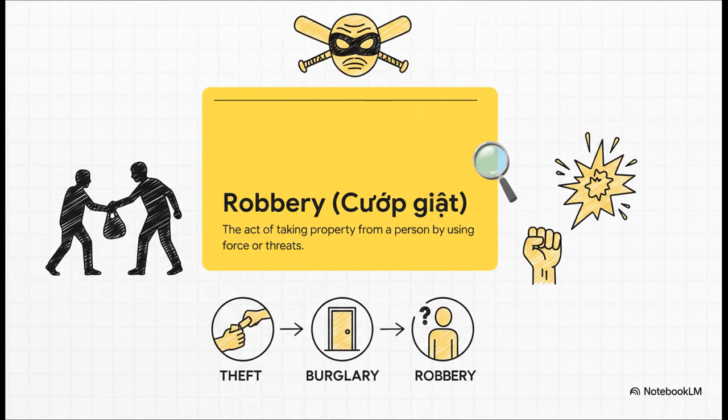And that brings us to robbery. This is where things get personal, and frankly, a lot more frightening. Robbery is still theft, but, and this is a huge but, it's done directly to a person using force, threats, or intimidation. The critical difference is the presence of a victim who's being directly threatened or hurt. This crime is all about the how. So to put it all together super simply, theft is the act, burglary is the place, robbery is the person.